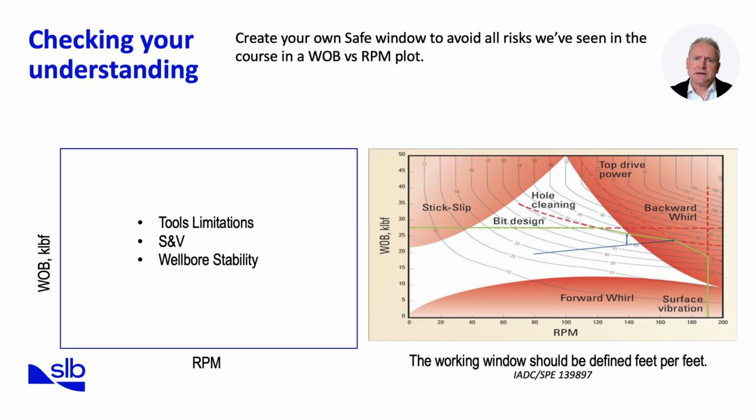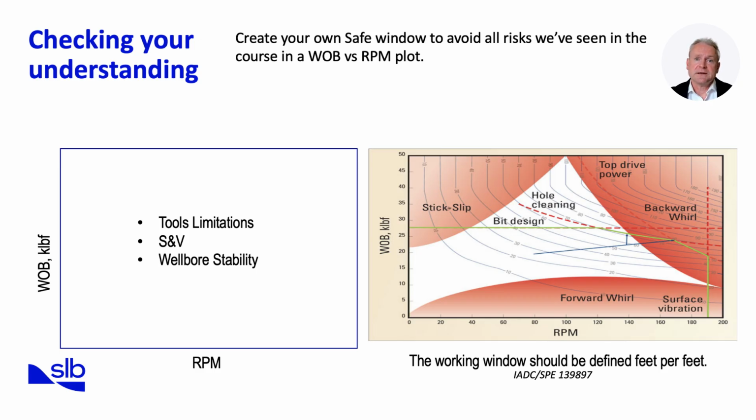The illustration is an SPE reference plot showing weight on bit versus RPM. Different shaded regions represent safe and unsafe zones. Tool limitations, shock and vibration effects, and wellbore stability are indicated on the chart. The design also combines the limits for maximum design weight for the bit, the limit for hole cleaning, and the